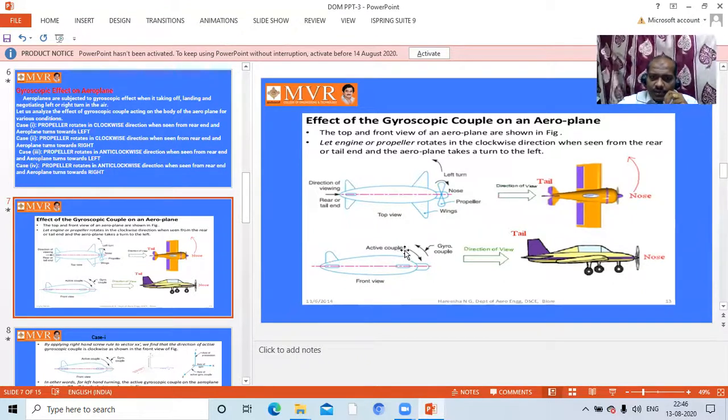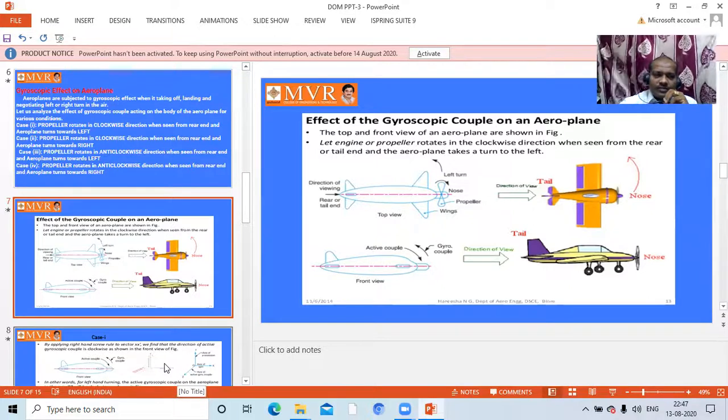That's why the active couple is in one direction, in clockwise direction. The reactive gyroscopic couple is opposite to the active couple. So just remember that wherever the active couple is acting in one direction, exactly opposite to that we are going to have a gyroscopic couple. That is very important. So this is the line diagram, our schematic diagram. This is going to be the tail, and this is going to be the nose. We will discuss cases 1 and 2 very clearly, then we can understand the remaining also easily.